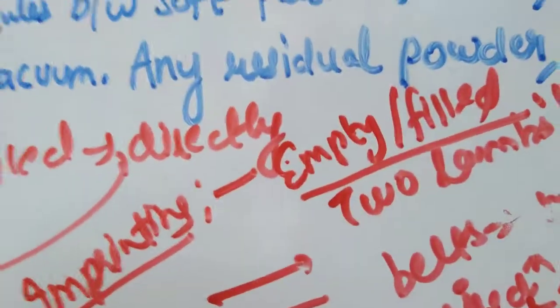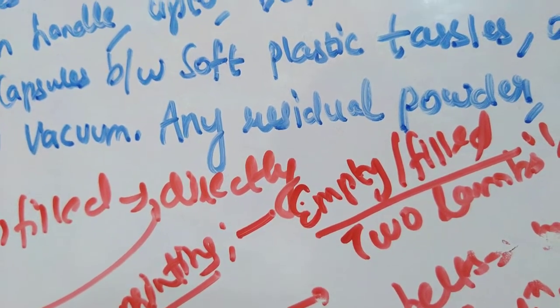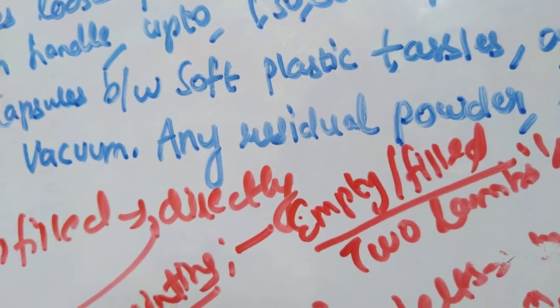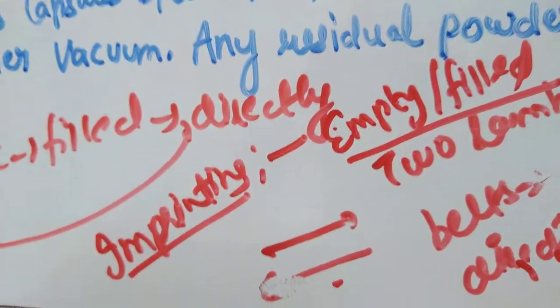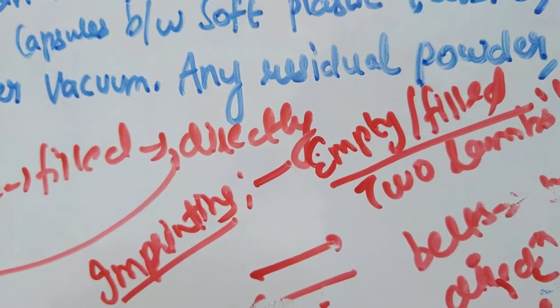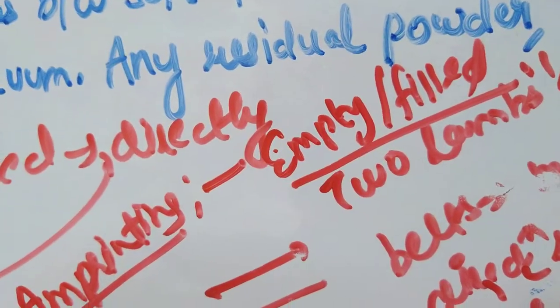You have various types and capacities of equipment for imprinting purposes. You can go through it from the textbook, imprinting, and then in the next class we'll start with your